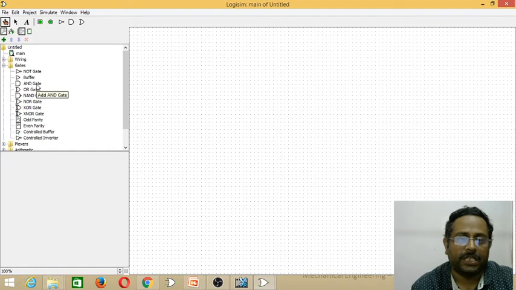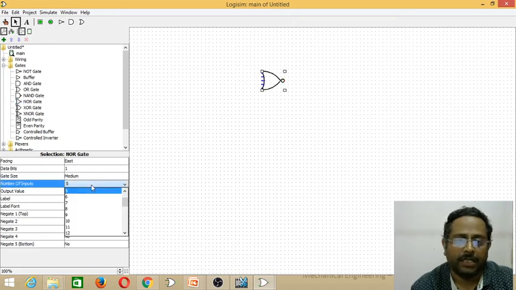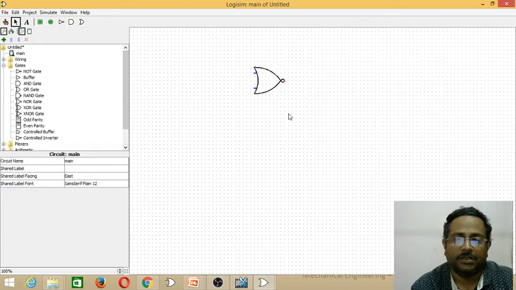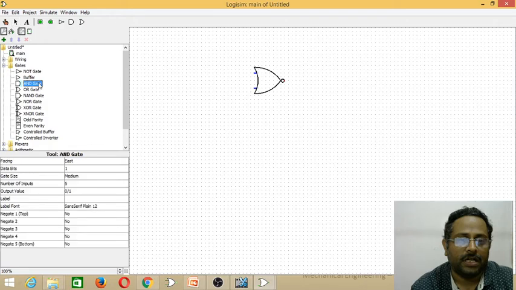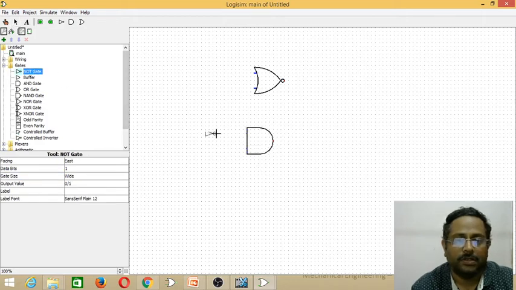First, I will construct the LHS part using a NOR gate. The same way, we can add the gate and change the properties of the gate, that is the number of inputs and size, in the attribute panel. Then add the RHS circuit, that is an AND gate, change to wide, or add a NOT gate to make a bubbled input AND gate.